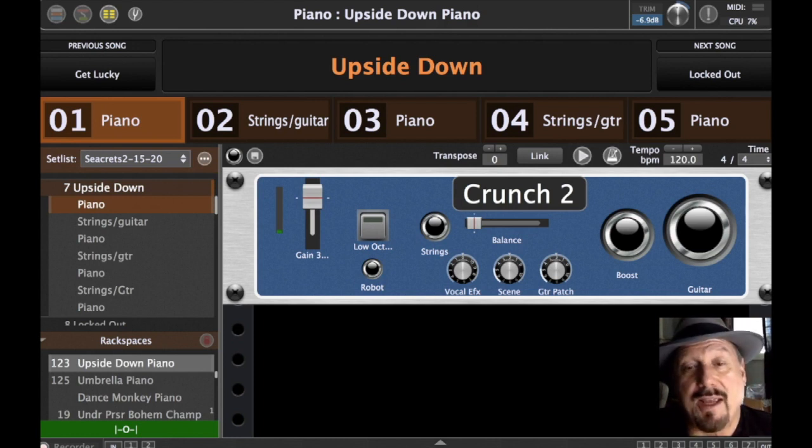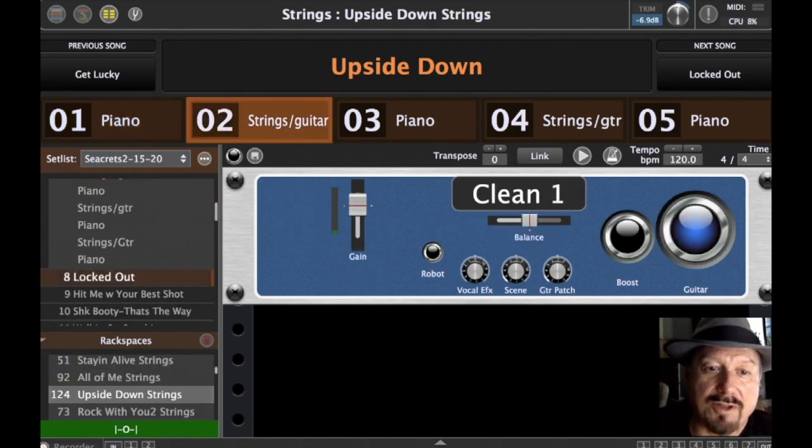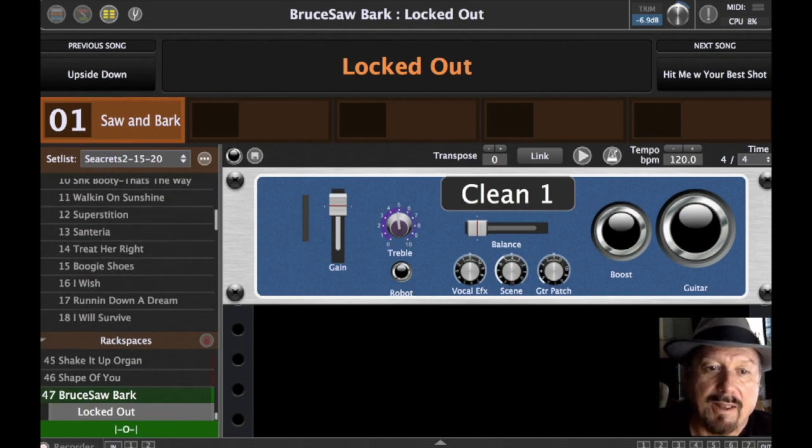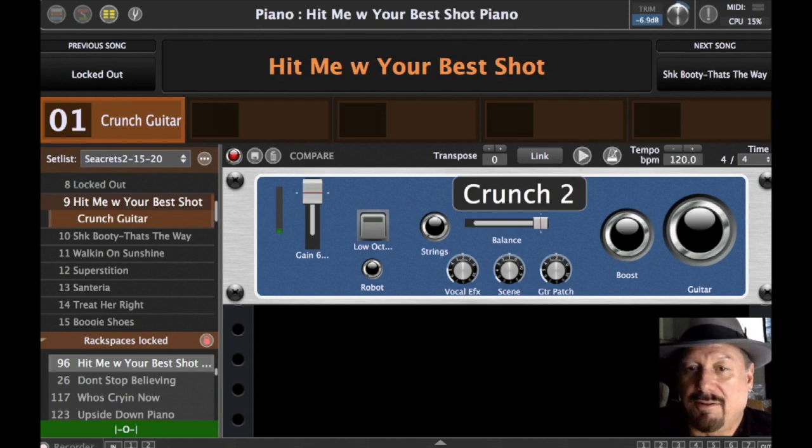Now, some of it's pretty easy, and you could do it just within Gig Performer, but I wanted a certain operation where one button advances through, and then one goes a song at a time. So, instead of just going from piano to strings, I could go from this song to this song immediately, or I could thumb through and go up to the next song after that. Those are all unique functionality that I programmed into Gig Performer with their GP Script thing, and I'm glad